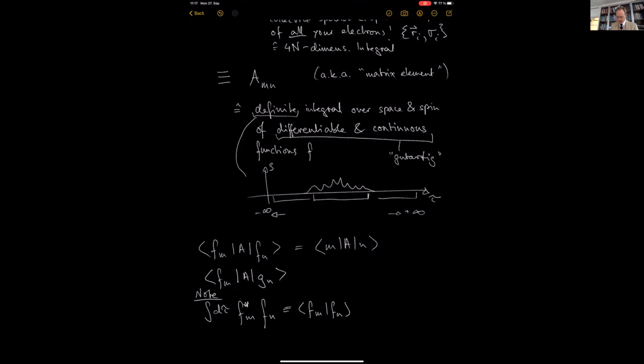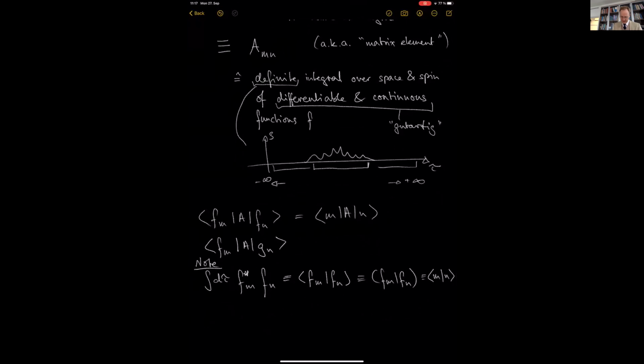Another notation is also to use these curved brackets. That's also fine, or as we just said, mn. Now, as you can see, I have here complex conjugate on the left